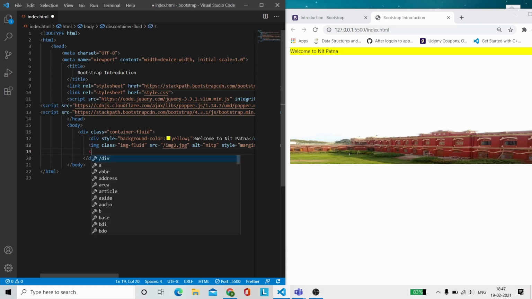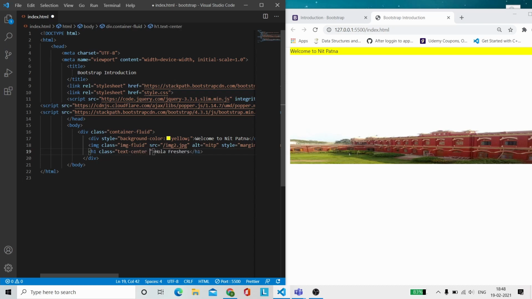So let me enter a heading, okay, Hola Freshers. There are some classes offered by Bootstrap for text styling as well. Like we have text-center. Text-center will automatically make this text centered.